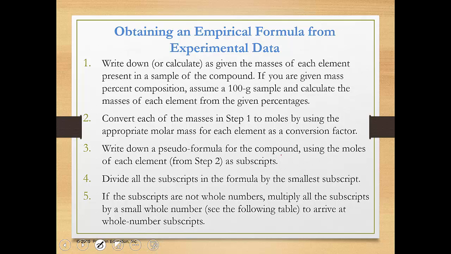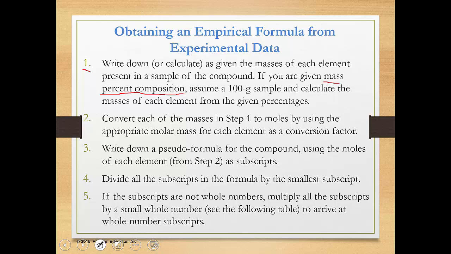So let's walk through the steps that are required to get an empirical formula from experimental data. This is just to get to the empirical formula. Step number 1: just write down, or if you need to, calculate, as given, the masses of each element that you have in the sample of the compound. So if you're given the number of moles already, great, you can follow the steps that we just did. Or if you're given the masses of each element, that's great. But you may not always be given the masses. You might be given a mass percent composition, what we just talked about. So it may tell you that it's